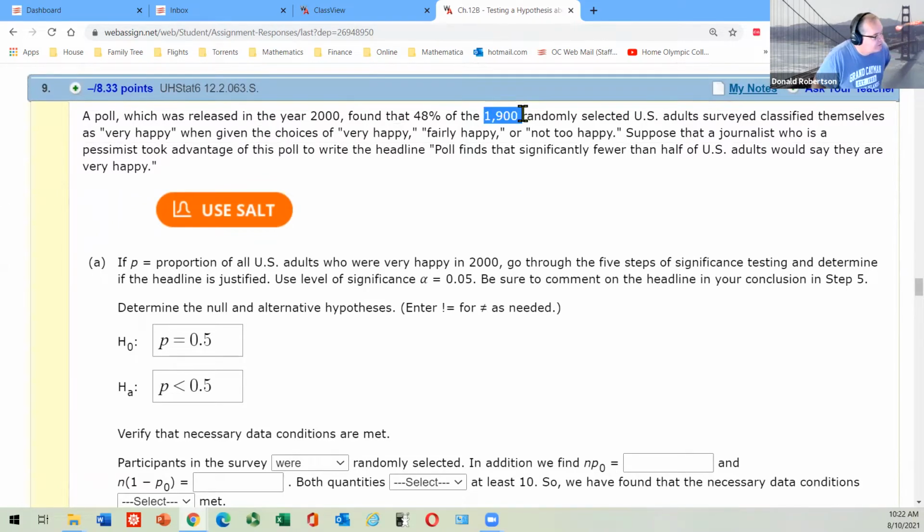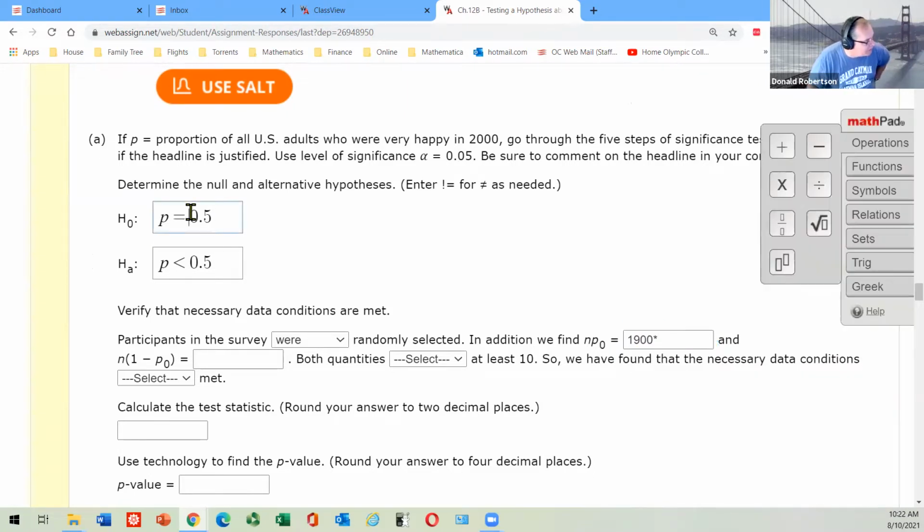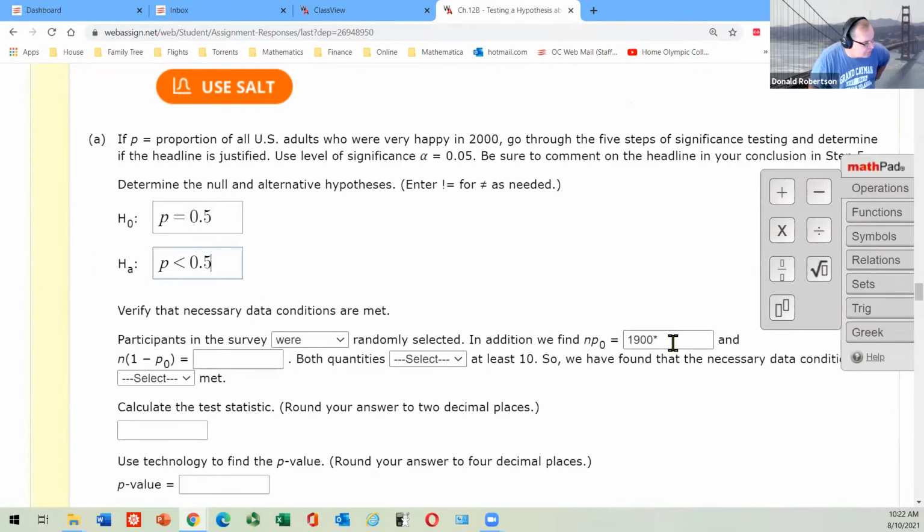There we go. The sample size was 1900. So here you would be doing 1900 times P0. P0 is the name we give to this guy, just a label for it. Do you see the 0.5? So this fella,